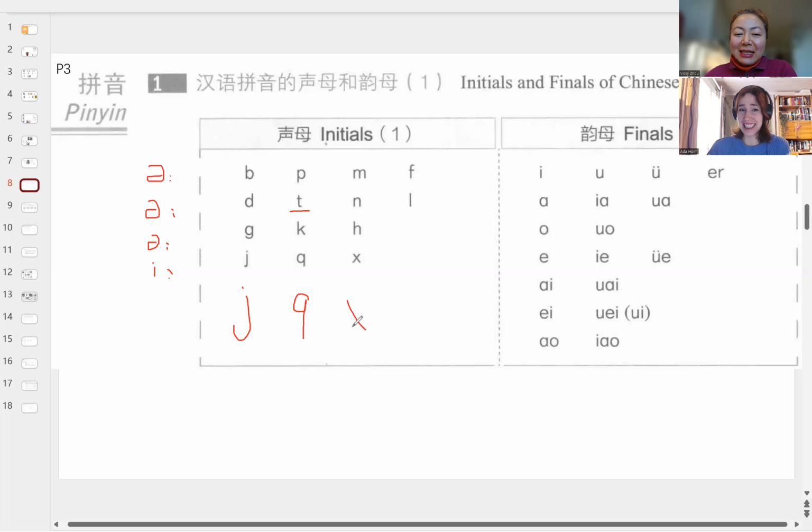And x. Yes，鸡、七、西。好的，声母部分。前三个是一类，然后鸡、七、西是一类。好的，我们看一下韵母的部分。